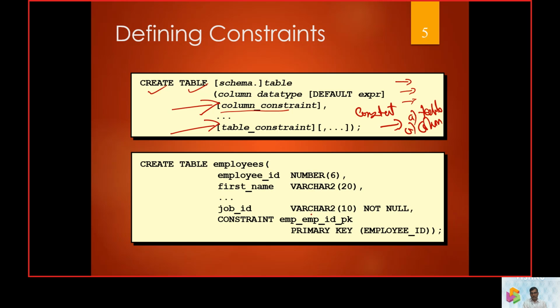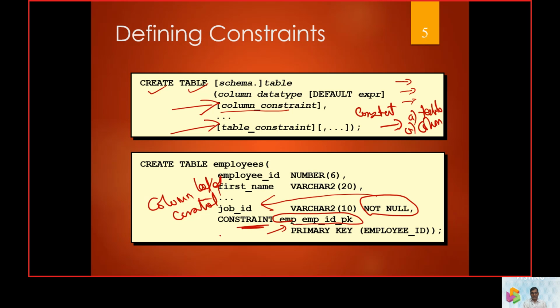So now you can see here, not null is a constraint on the job ID. We call it a column level constraint. Then we have a keyword called constraint. Then we give the name of the constraint, and we apply this primary key to the employee ID.